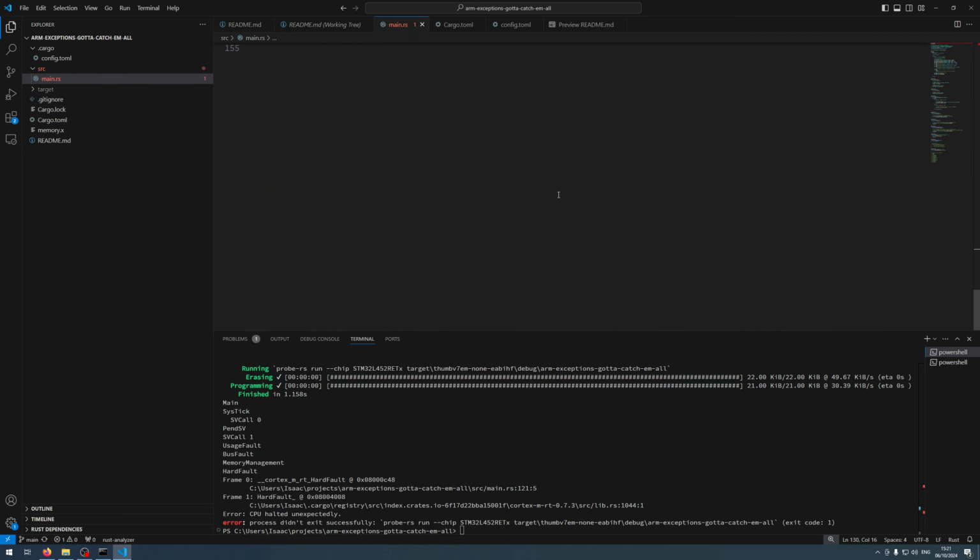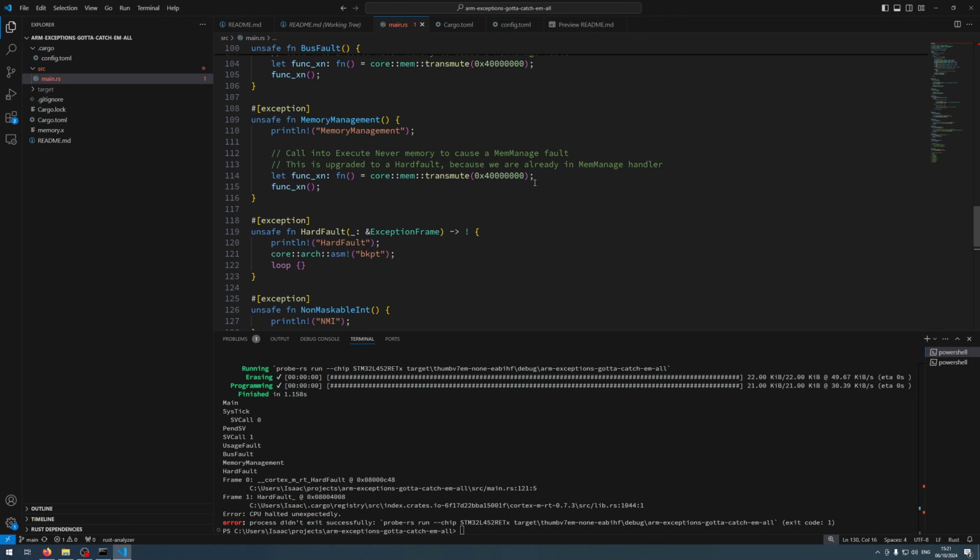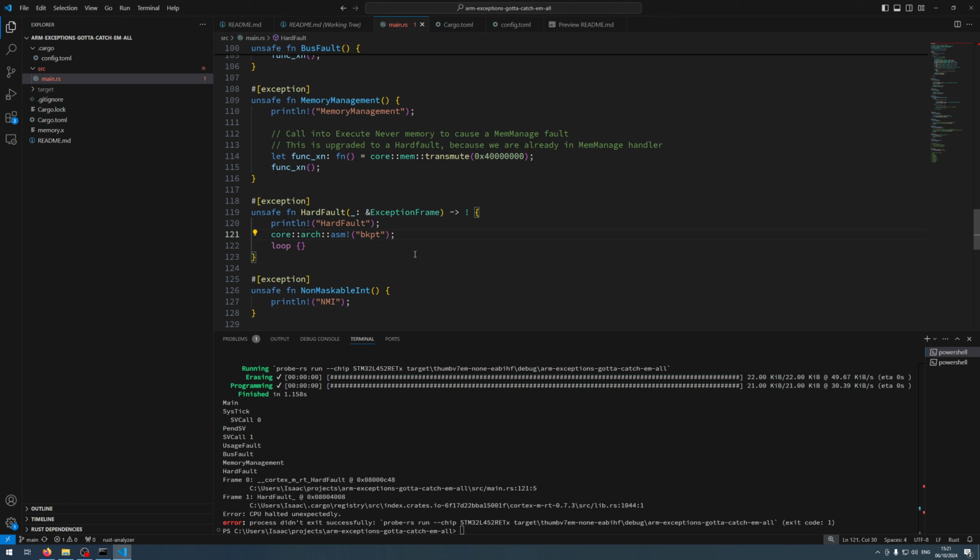So I have to find the hard fault. Yeah, so here's the breakpoint. So this is where we left. Okay, so the next step is to trigger an NMI, so a non-maskable interrupt,